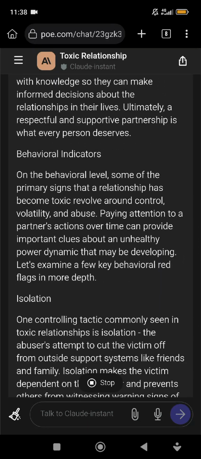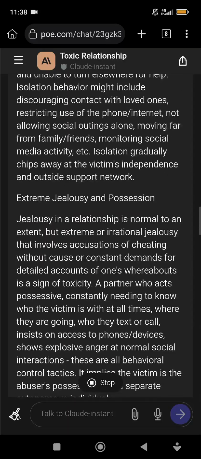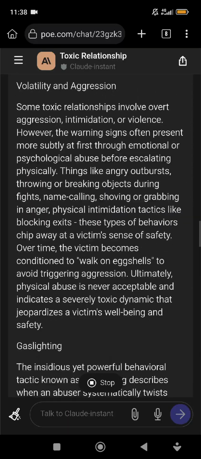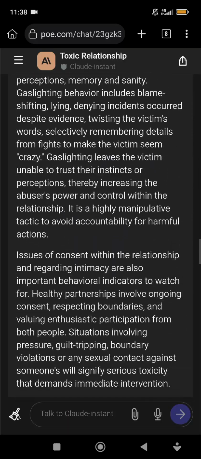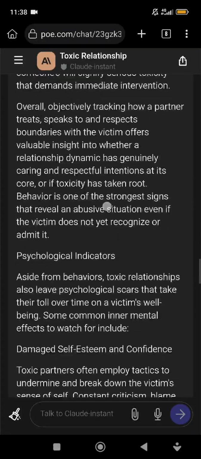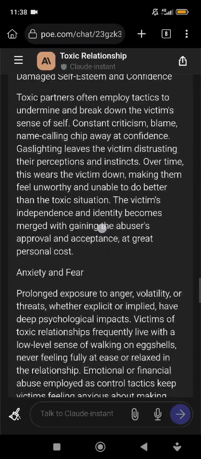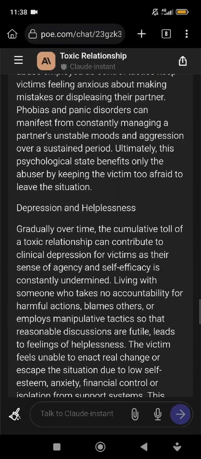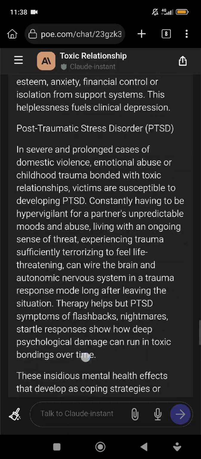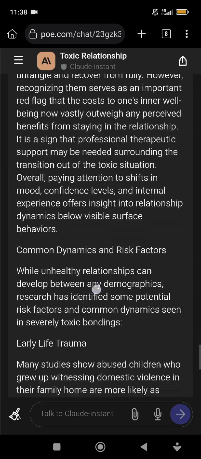It's still writing. That's why you are seeing stop. The moment it stops, this stop vanishes. The moment it vanishes, it means that it is done. But you can still see stop. Let me just wait. It's still writing. Okay, it has vanished. Now, all right. Let me just get to where it ends. I'm still going.